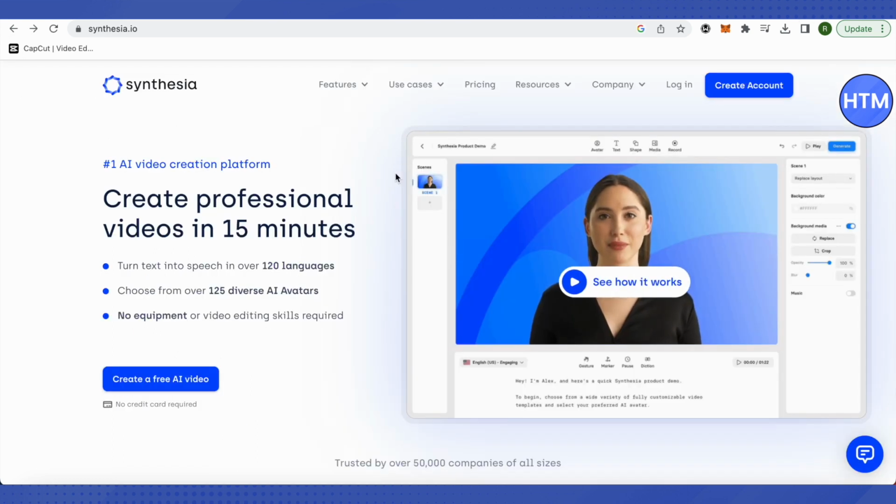After that you can just create a new account, and if you already have an account then simply log into your account. But if you want to test it out whether it is a good one or not, or whether it is useful for you or not, then you can just simply try this option of create a free AI video. So for that you just have to click over here,